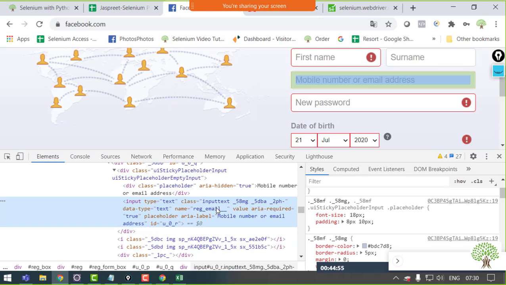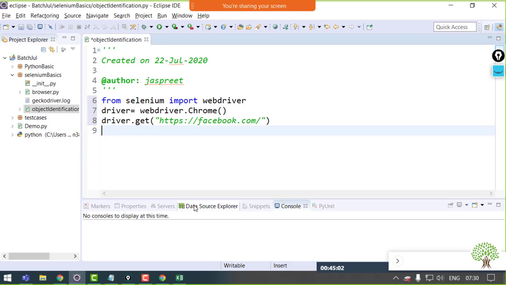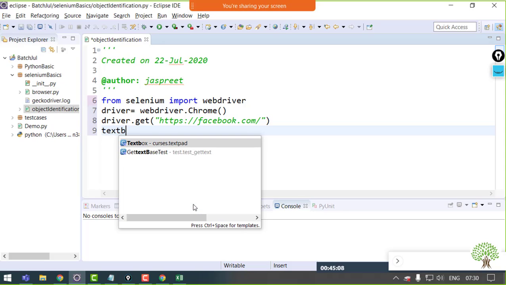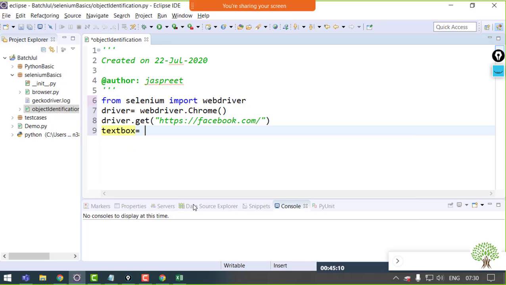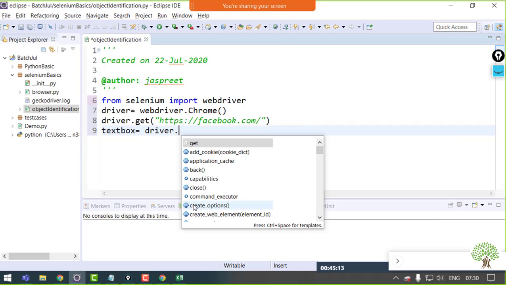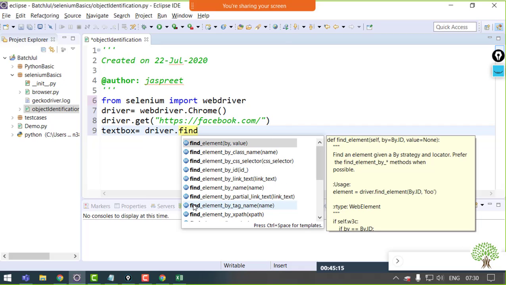I'll extract the element using the name. I'll copy this, go back, and create a variable, let's say text box equals driver dot find element by.